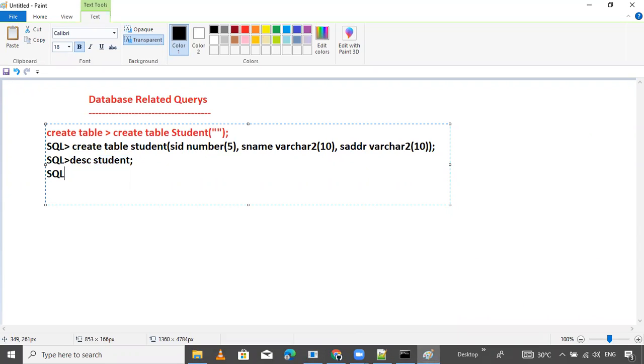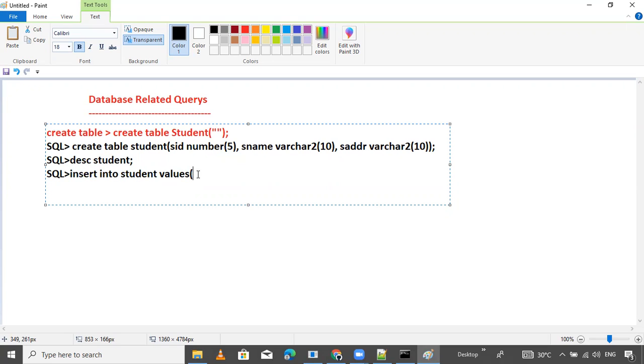And next, I want to insert the data inside the student table. So what should we use? Simple insert query: insert into student values. This is a keyword. This is also a keyword. So this is fixed. Here you can pass the table name. Which table do you want to insert data into?